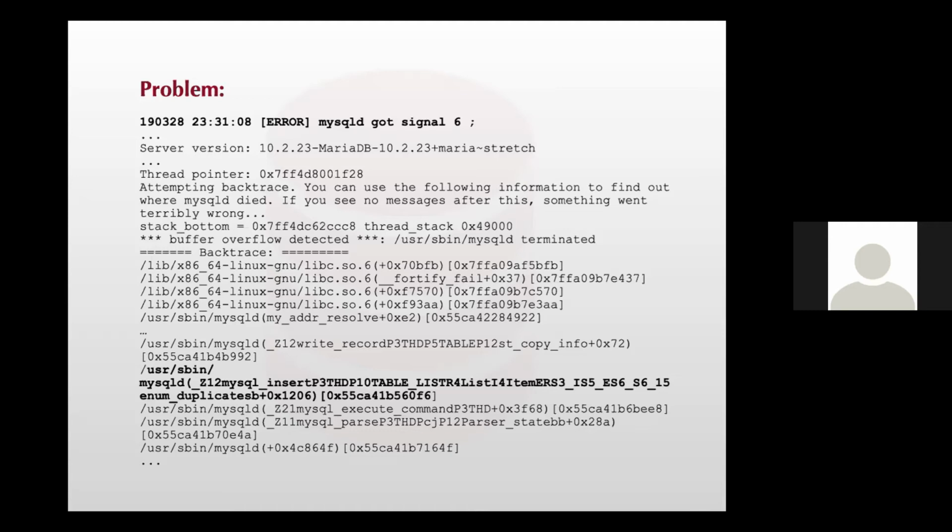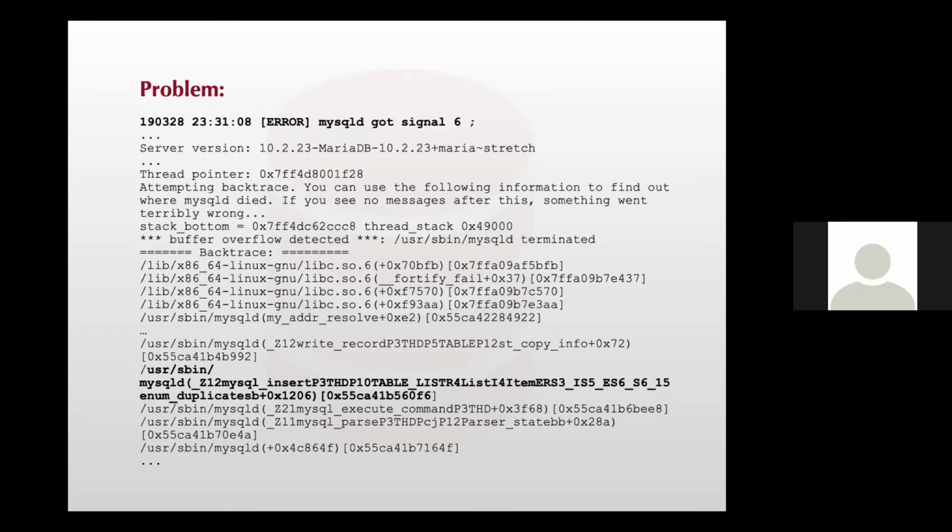Mostly, these two signals are provided by MySQL when the server crashes. Sometimes you will get the backtrace there, as you can see in the slide. No doubt it's not a full backtrace, because you will not get exact details about functions and variables, but at least you will identify some kind of issue.